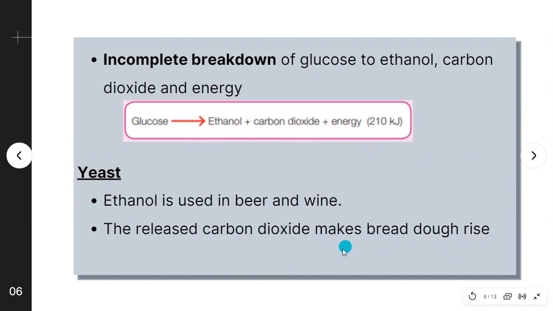This carbon dioxide, which is a type of gas, makes the bread dough rise. Some of you might have a question. When yeast undergoes fermentation, it produces alcohol as well. So why don't I feel or taste any alcohol inside bread? This is because when the bread dough is being baked at a very high temperature, the alcohol evaporates. So there's no more alcohol, and of course you can't taste any alcohol inside bread.